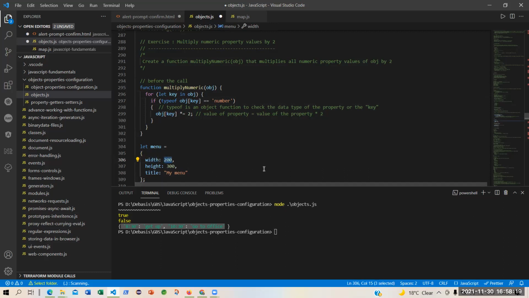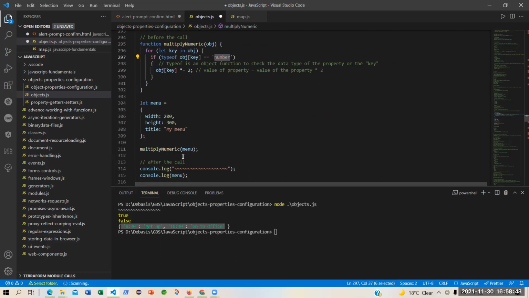That is why it is called so. Value 200, is it a number? Yes, it is a number. Then you multiply. Next time it is the height, 300. Is it a number? Yes, multiply by 2. Now the value becomes my menu. Is it a number? No. So it will come out of this if and out of this for, because there are no other properties.